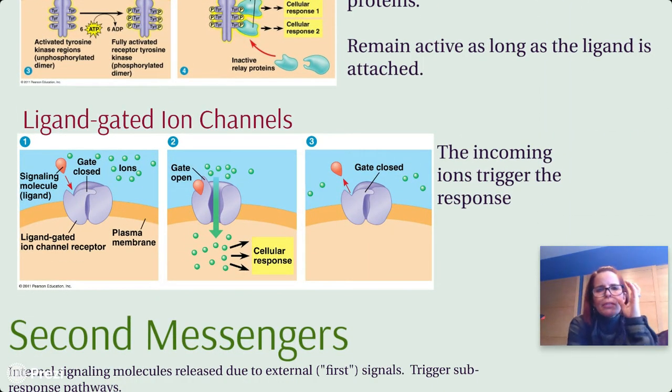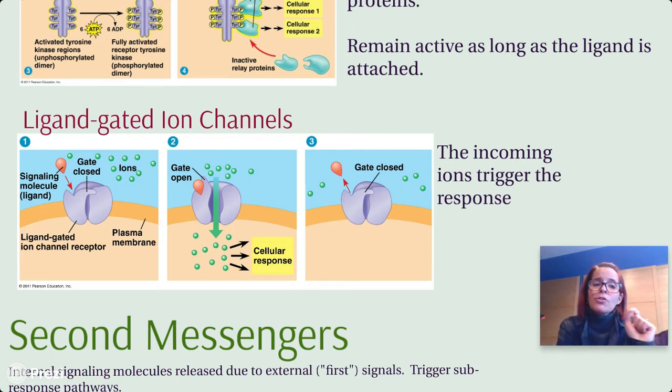And then the last one I think that we'll mention about reception are the ligand-gated ion channels. Ugh, right? These words are so ugly. But this one really makes sense. Like the name, if you think about it, it makes sense. So ligand, you need to know that word, period. That's the signal. So ligand gated, a gate is something that opens or closes. Ion channels. So the channels are the proteins that allow molecules to travel through, in this case, ions, because they can't go through the cell membrane because they have a charge. And we know that the tails of the phospholipid bilayer are nonpolar, so the ions